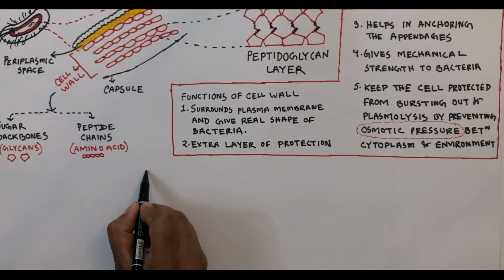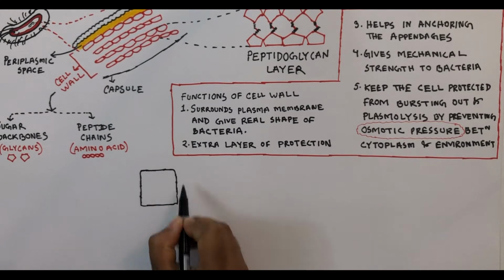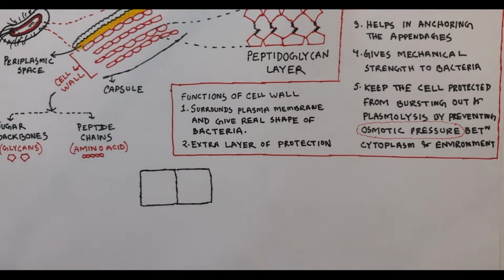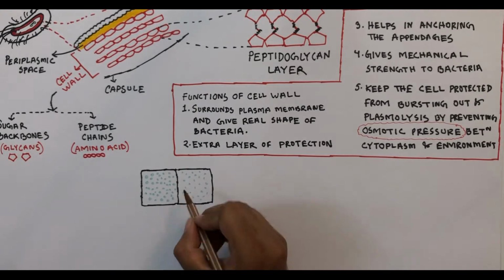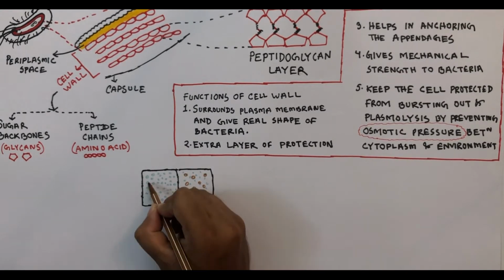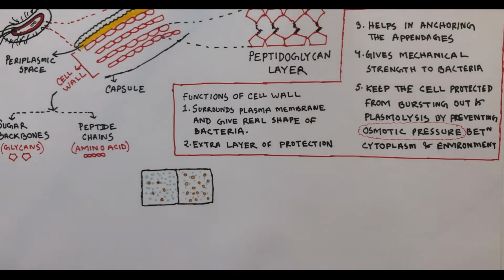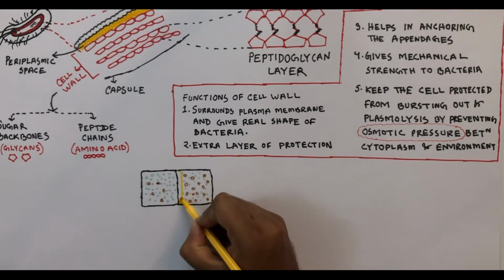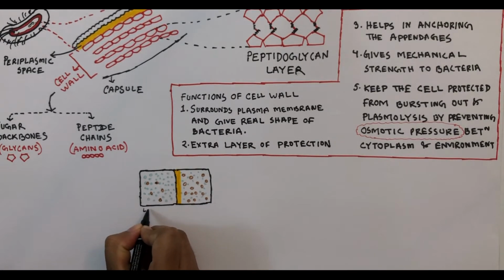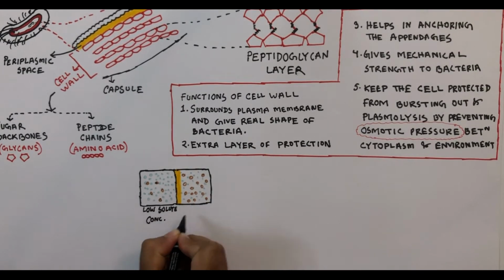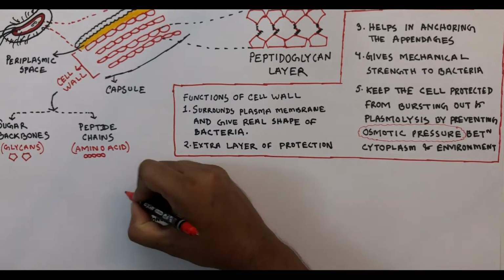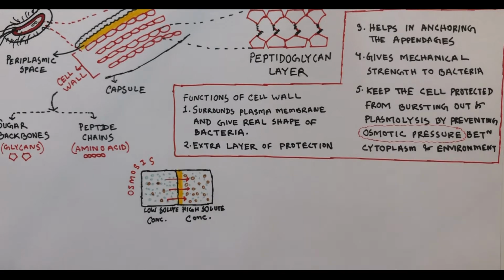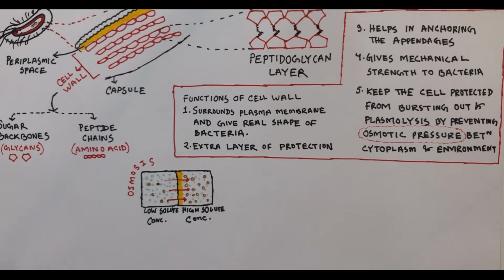Now let's see how. Osmosis is the movement of water or any other solvent through a semi-permeable membrane from a low solute concentration area to high solute concentration area. This area is highly concentrated with, let's suppose, glucose solution, and this area is less concentrated. These are separated by a semi-permeable membrane. So now to make an equilibrium, the balance of concentration in between both the areas, water from this area will start to move towards here. This phenomenon is known as osmosis. And the osmotic pressure is the force required to prevent water movement across the membrane.